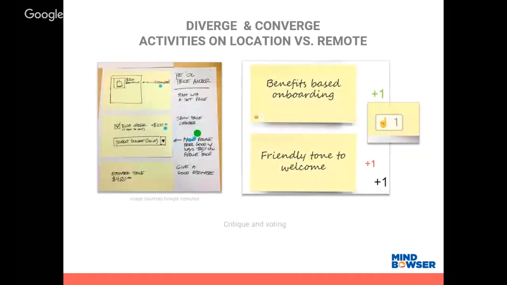And then when we converge, we use activities like dot sticker voting or critique, and then discussing it as teams, and choosing the best ideas that can be done. So at the left, you can see that there are these dot voting stickers which have been put to vote the best idea. Similarly, in the online tool that we just talked about, we can. What I typically like to do is ask everyone to select one color and just do a +1 to the idea. Just type in +1 to the idea that they have liked